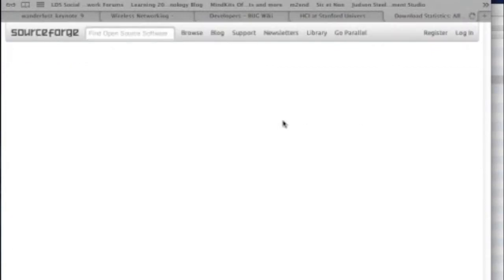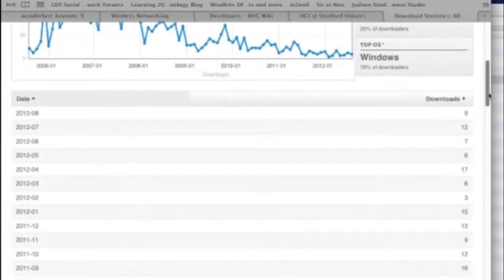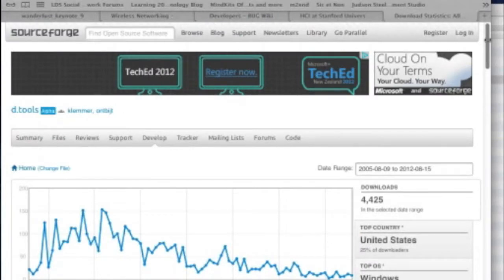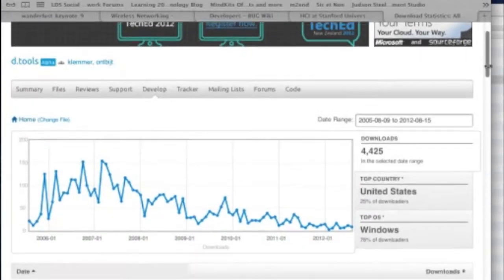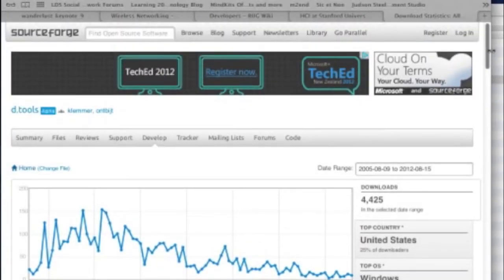The beginning. Yes, I guess this is by month probably. So not a huge number of downloads. So 4,000 downloads over time, but it still could be a useful tool anyway. And in the lab here, maybe over the summer we might try and get D-tools working. Because if it works with the Arduino platform, then you can. Previously they had their own hardware platform they would use, but what I particularly like is not just the